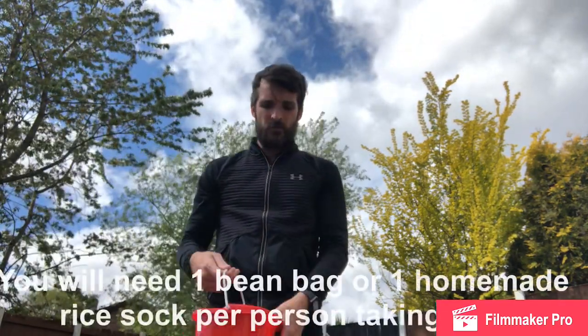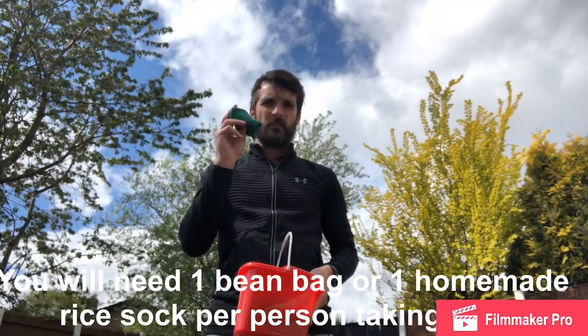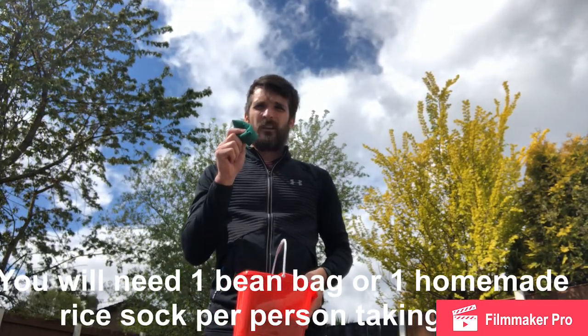First session yesterday that we're going to look at throwing. So the equipment we're going to need are going to be some objects to throw. We want them to be reasonably heavy and about the size to fit in one hand. So if you've got bean bags, I managed to pick these up from Home Bargains a couple of weeks ago